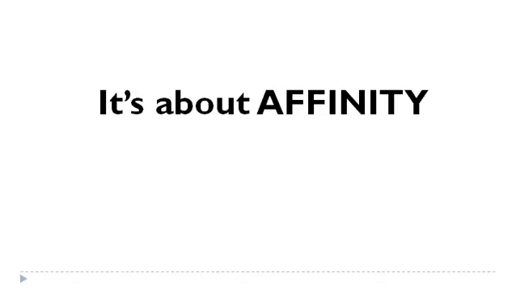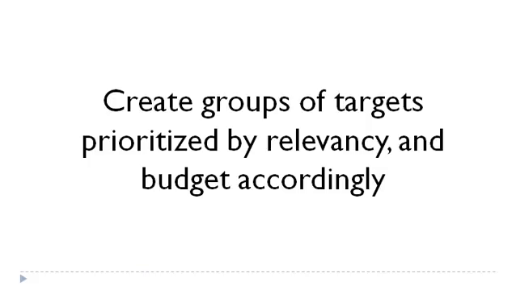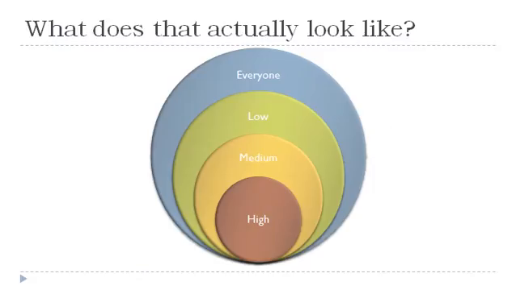That means relevance, right? Your goal is to create groups of targets prioritized by relevancy and budget accordingly. Now, you're probably looking at that statement and going, what the hell does that mean? He's speaking Greek. Well, here's what it might look like. If you were to create a target group of the white hot, red hot center of the market, that would be the high affinity people who, because you know the market you're dealing with, like certain things, certain movies, certain people, you know all this stuff about them down to the T, and you know that they would be highly responsive to your, not your brand, but